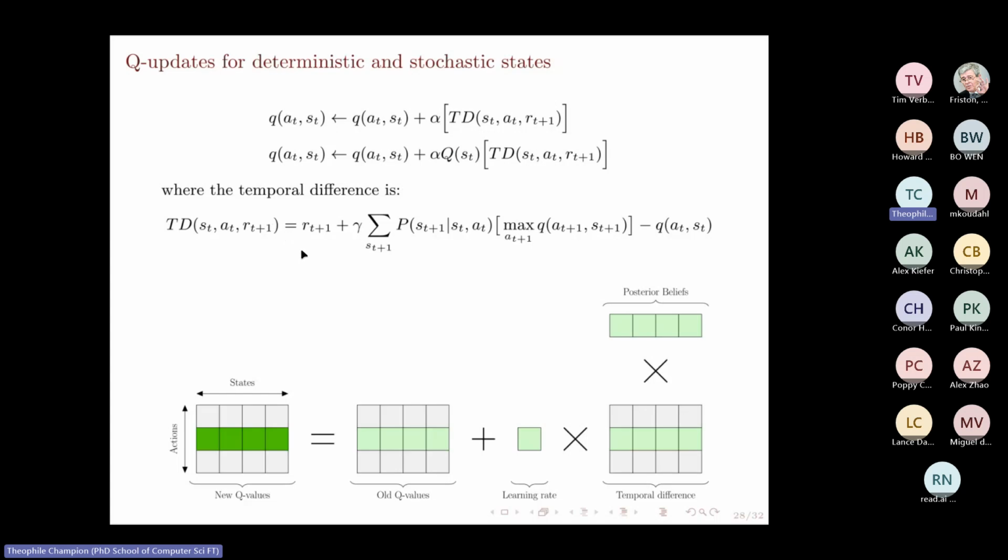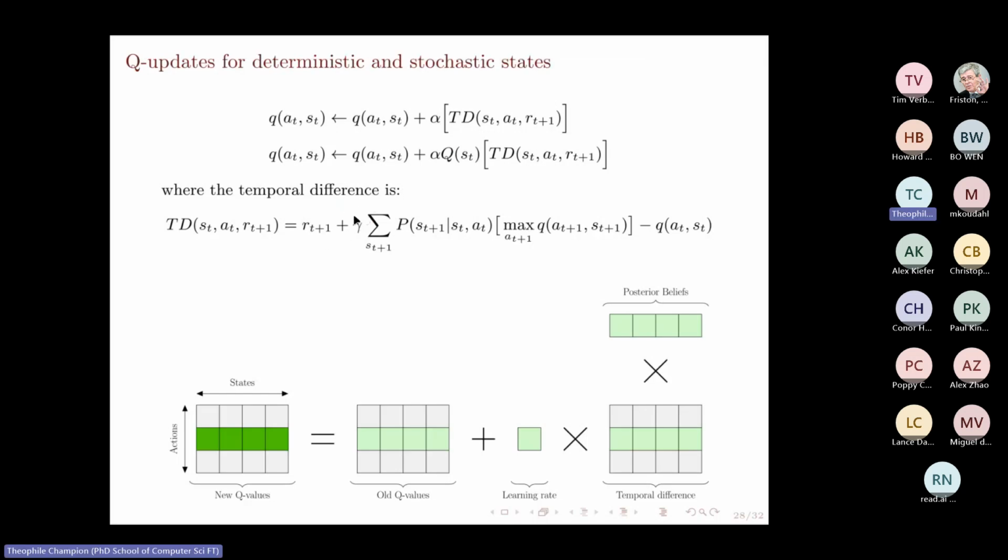kind of learning signal. So as the name suggests, it is a difference between two terms. The first one is over there, and it corresponds to the targets, what we are trying to predict. The second term is over there, and it is our current prediction of the return. Okay, so what is the target? The target is just the reward that we are going to get if we take an action in a specific state,